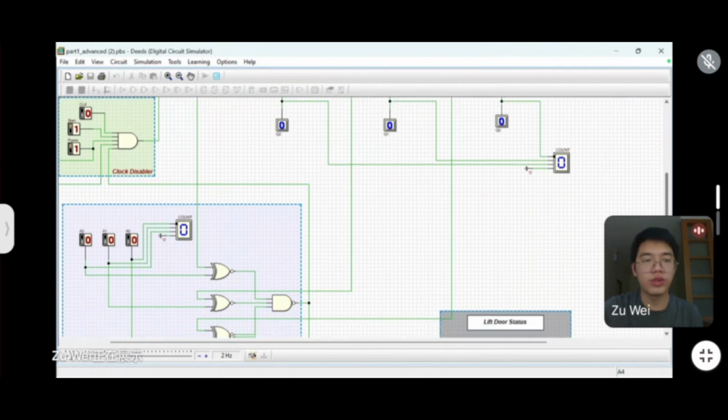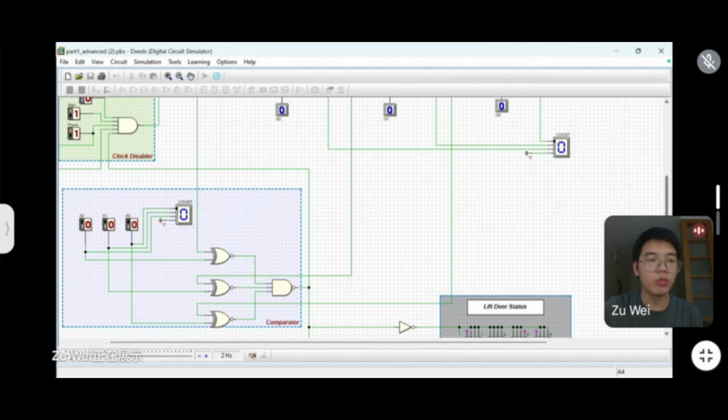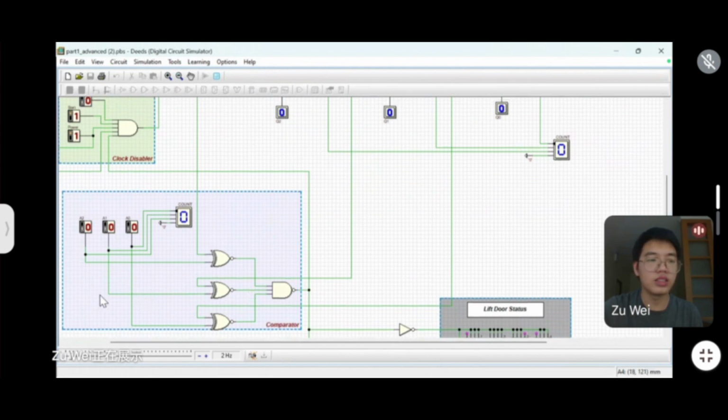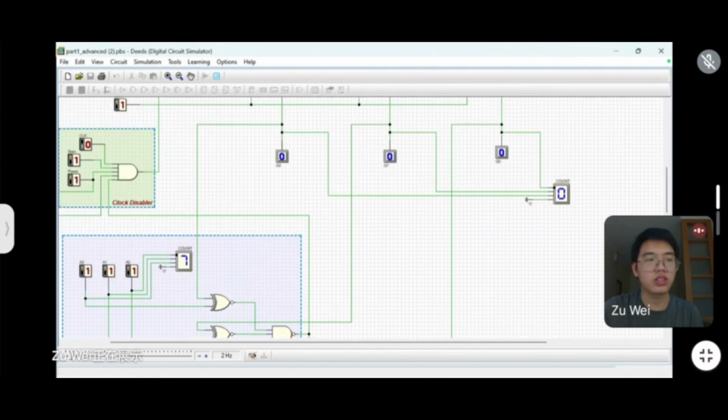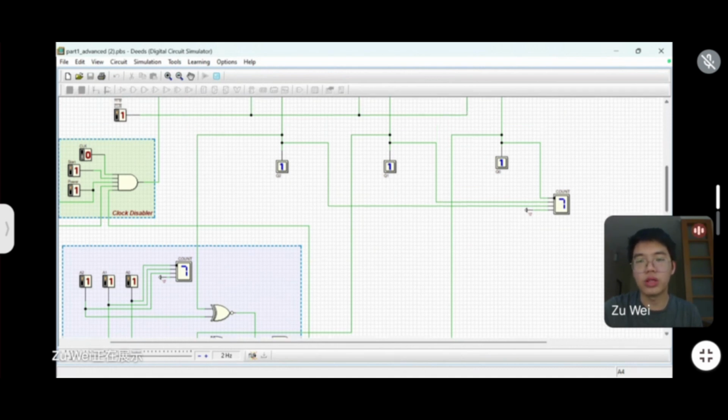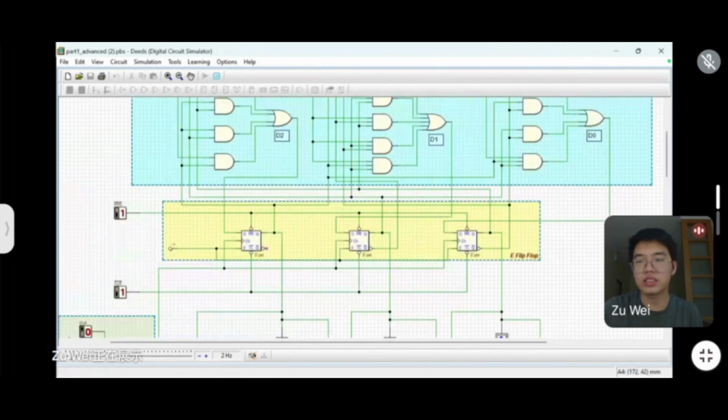Now we will start our demo part. First we enter the data, the final state which is 7, and then we press the clock button. You'll see the circuit is counting, the 7 segment display is counting up smoothly. After reaching the desired level which is 7, we need to go down by changing the input X to